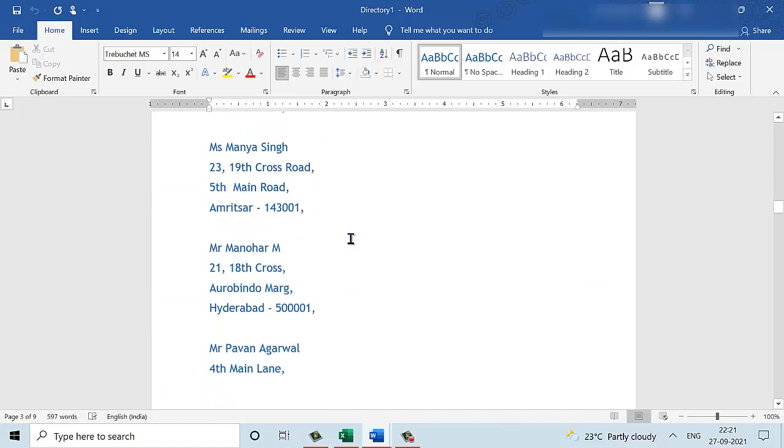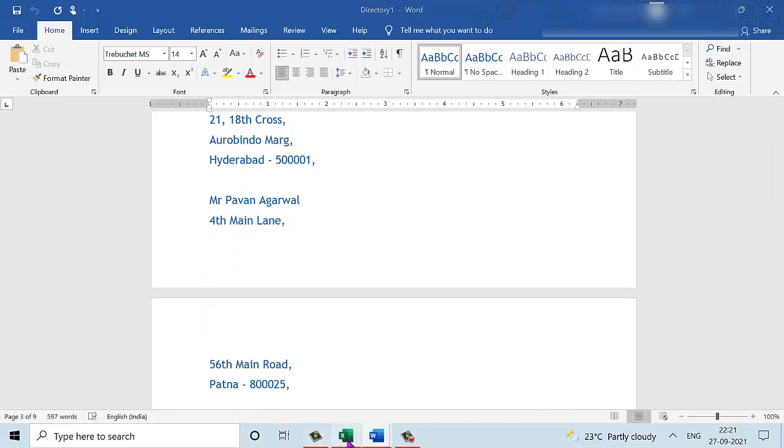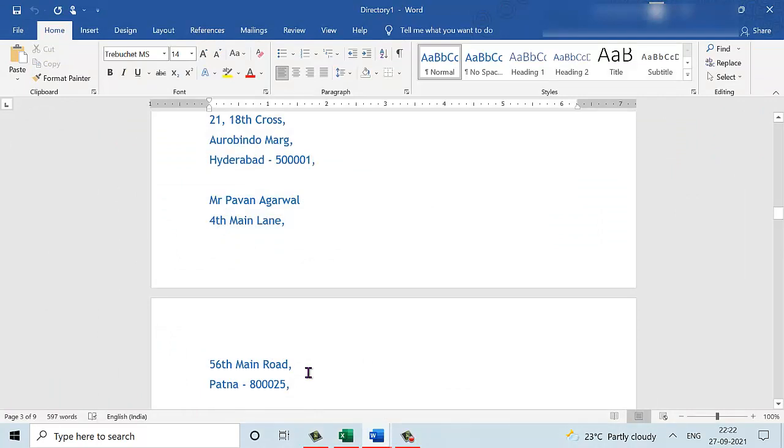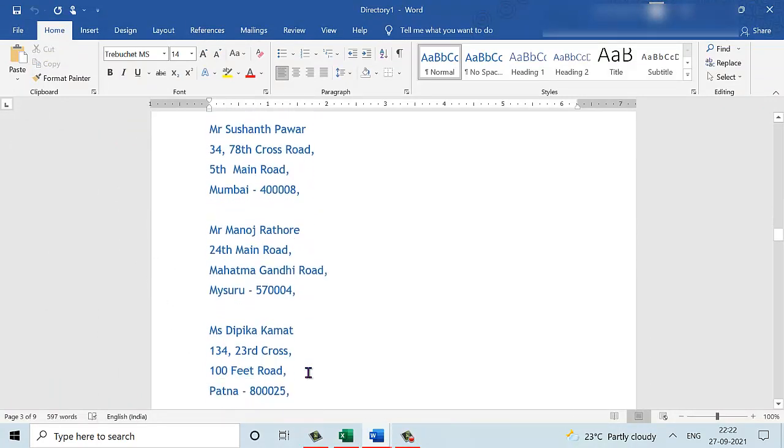To learn mail merge, ensure that you have a data source that has a lot of names. If you have a data source that is an Excel sheet or a table in a Word document that has just 2 or 3 names, you will not find it that effective. Now that we have a lot of names, you will see that there are almost 9 pages of directory created with the names and addresses displayed one below the other. With this, we have done mail merge. We have basically created a directory using mail merge.